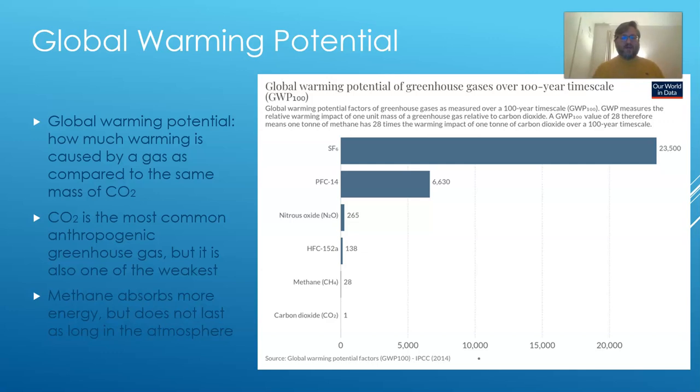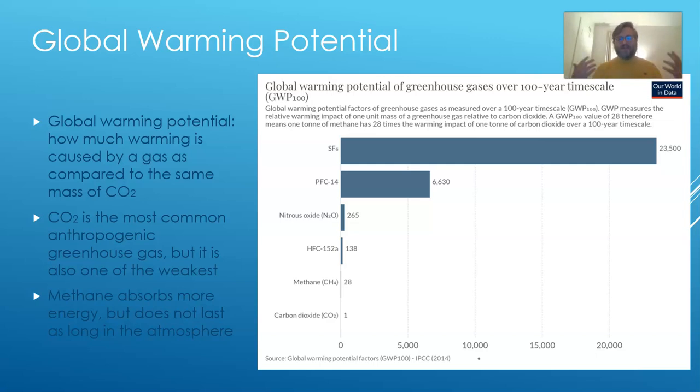So CO2 has a global warming potential of 1. And then other gases are going to have a number that represents how many times more global warming they contribute than an equivalent mass of CO2. And this is measured typically over a 100-year time scale. So the global warming potential is going to be a function both of how much energy that gas is going to absorb when it's trying to pass through it, and how long that gas is going to stick around in the atmosphere. Because the atmospheric stock of carbon, in the case of the gases that are carbon-based molecules, or the various other